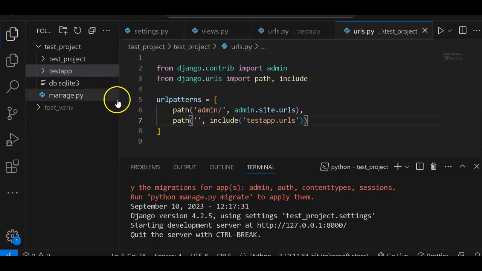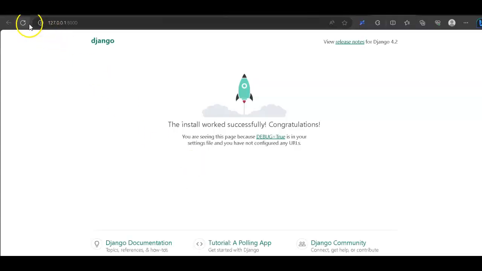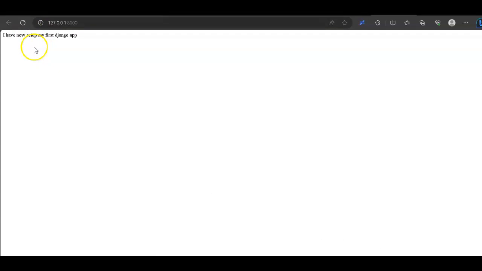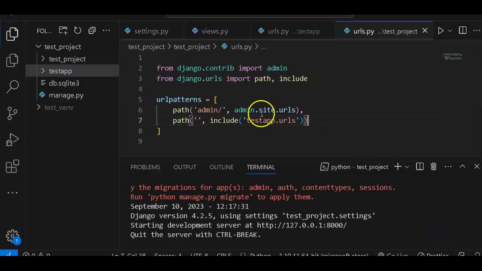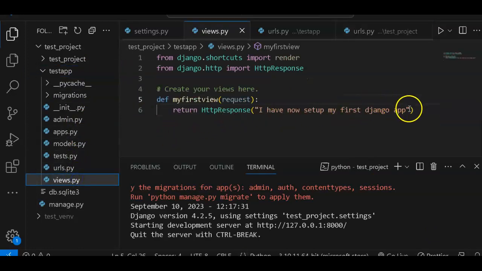Now that I've told my project about my app and instructed it how I want it to route every URL that comes from the app, I think Django now perfectly understands what I want. If I refresh this, you see it shows whatever I set up in my project. I have now set up my first Django app, because Django knows about this app and knows exactly how to handle the URL. If I go inside my test app views and change whatever I want here,